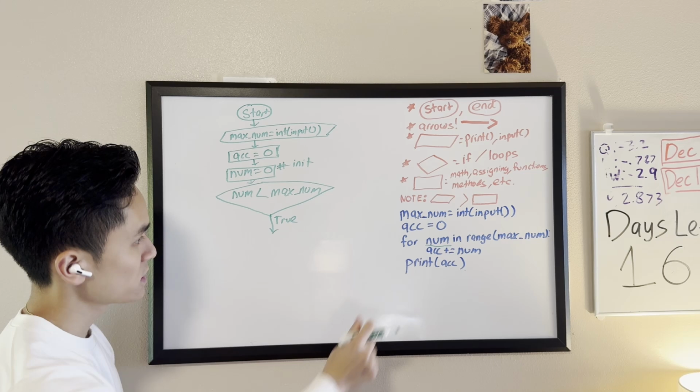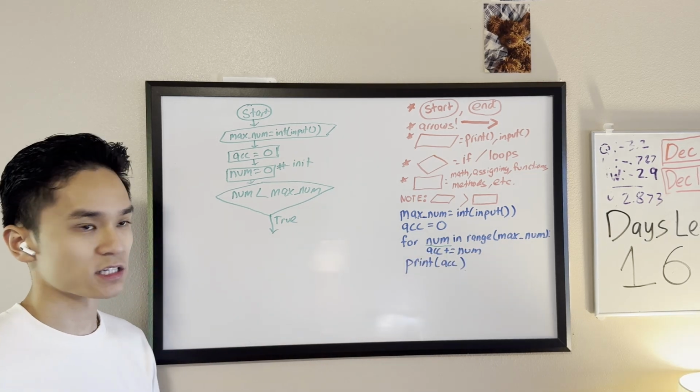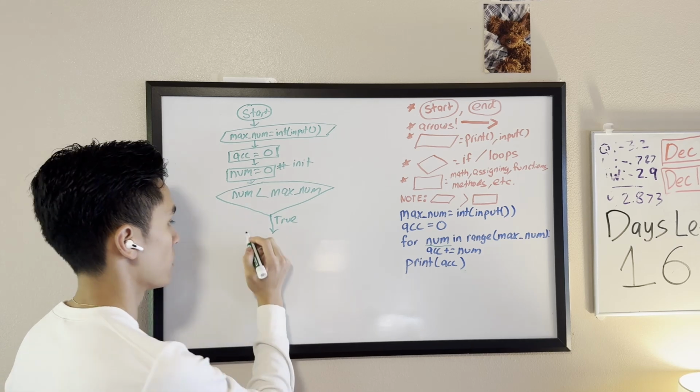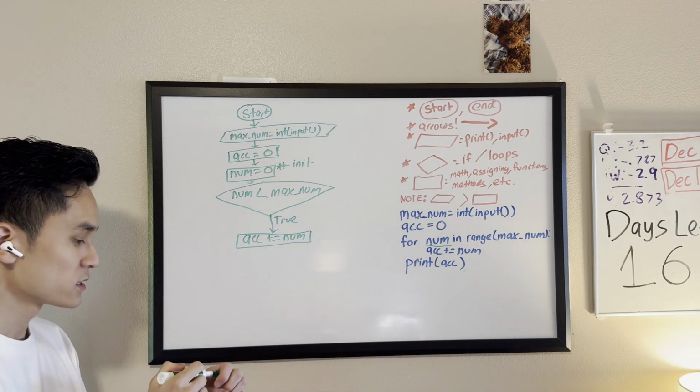And it seems like we are just adding whatever num is to ACC, and because that is not user related, we have to do a rectangle. All right, so